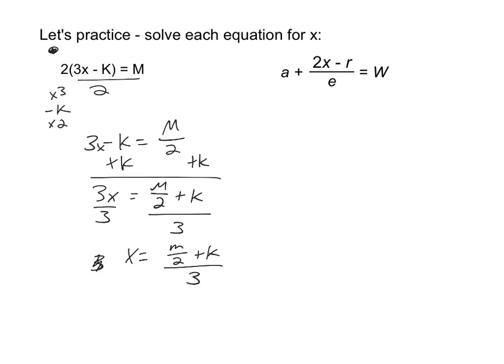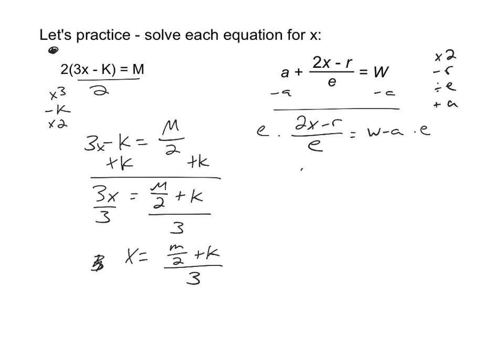Let's see if we can undo this next one here. It looks like the order of operations that I'm doing to the x is I'm multiplying it by 2, subtracting the r, dividing by e, and then adding a. So let's undo that. Let's subtract the a from both sides. 2x minus r over e equals w minus a. Let's undo by multiplying by e, and check out what I'm going to do on the other side. Because I'm multiplying the quantity w minus a